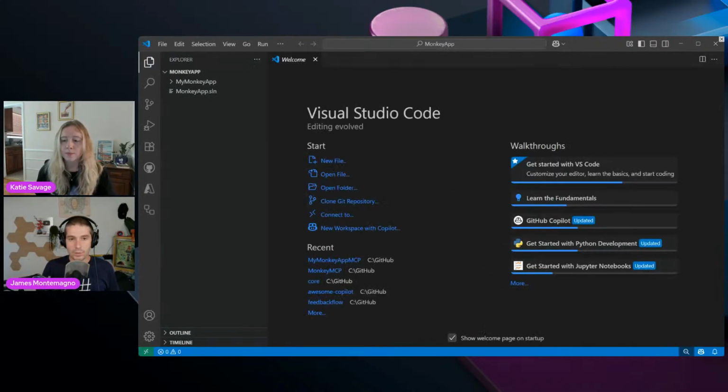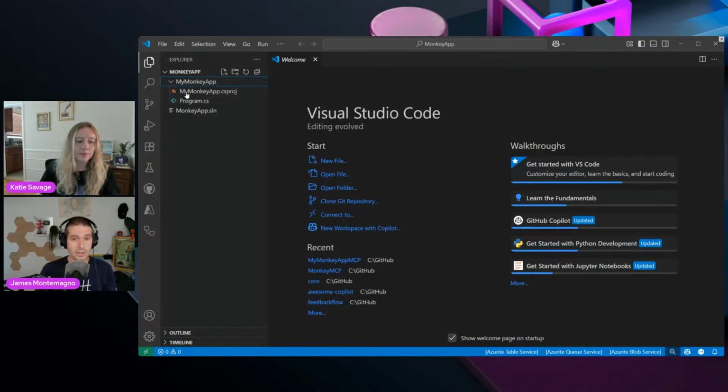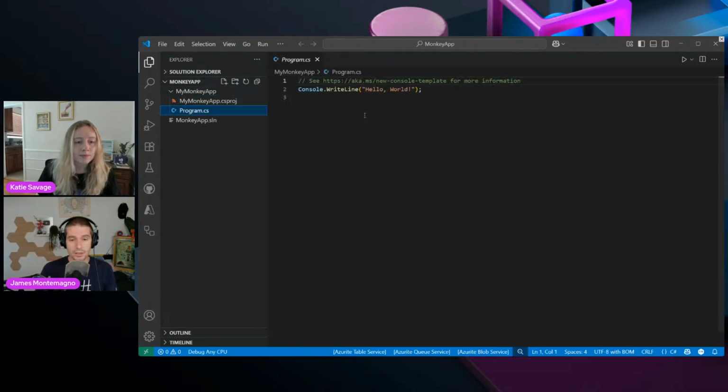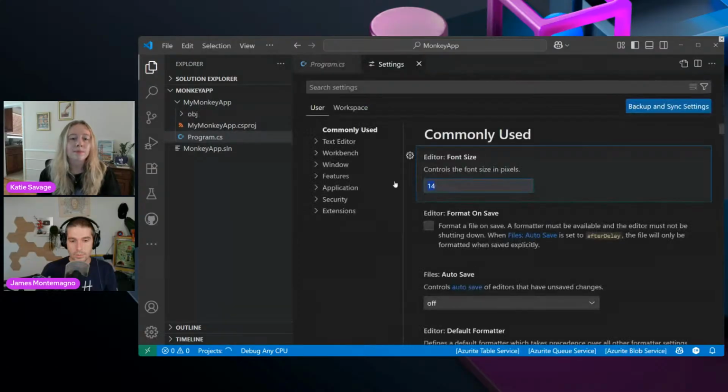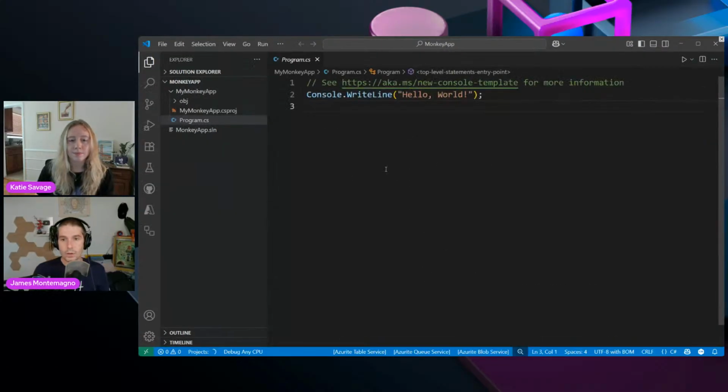Okay. So the very first thing I'm going to do is, because we want to interact with GitHub in this instance, I'm going to push the code to GitHub. So we're going to make this repository live on the internet, and we can see that this is just a hello world application. So we're going to make the font a little bit bigger. Make this 20. There we go. Big fonts. Cool. So it's nothing, just a blank application.